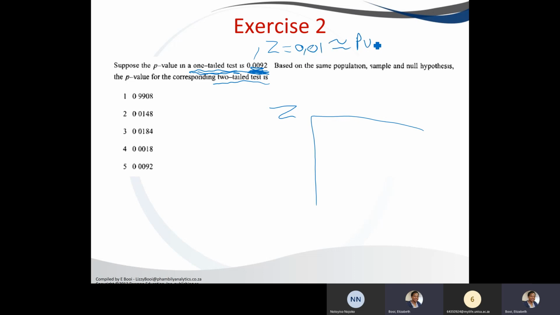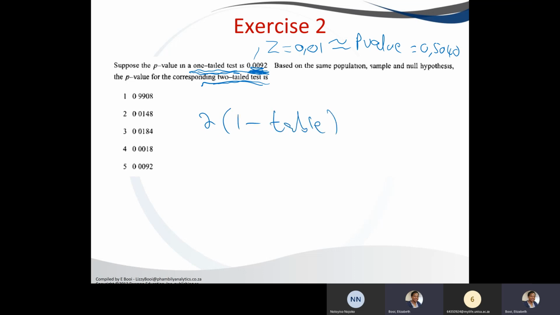Therefore, our p-value for this would have been 0.5040. But we're looking for the answer for the two-tailed test. Since we're looking for the two-tail, remember, it's 2 times 1 minus the table value. So now it's going to be 2 times 1 minus 0.5040, and this will give us